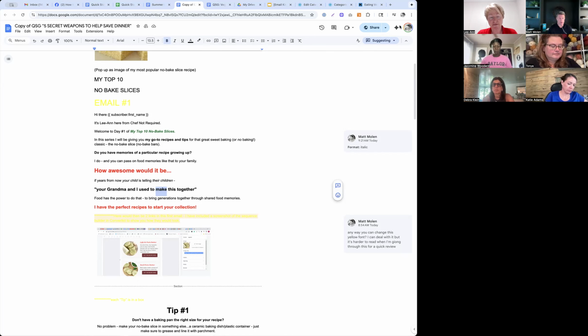Okay. Well, I think you're onto something with that idea. And I believe, if I understood it correctly, that it could also be something that you add to the end of every quick start guide you ever make from here on out, if you just spin it a little bit. Love these recipes? Well, then you're going to love saving them in this special template that makes it super pretty, and you store it here, and you can pass it on to your kids or whatever. But back to this.